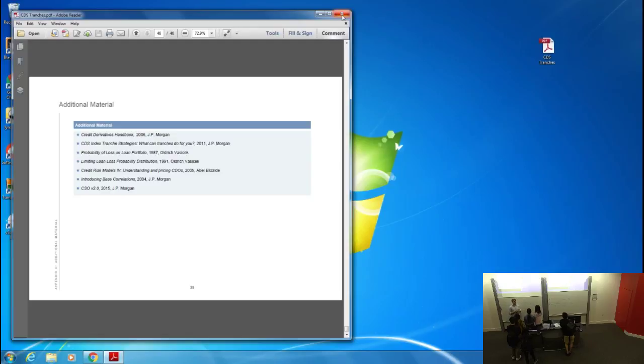So right now, a super senior tranche might have a delta of 0.6, because your super senior tranche is much less risky than an index. But if every name in the portfolio defaults,